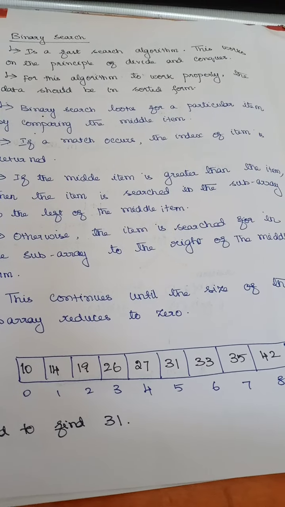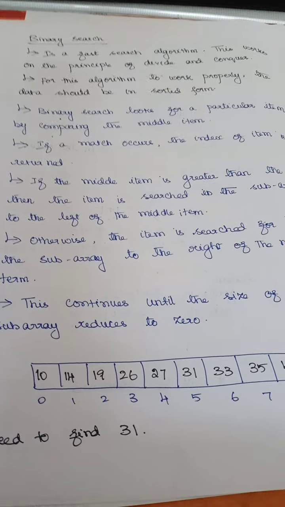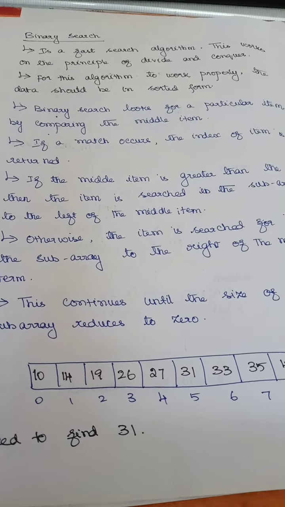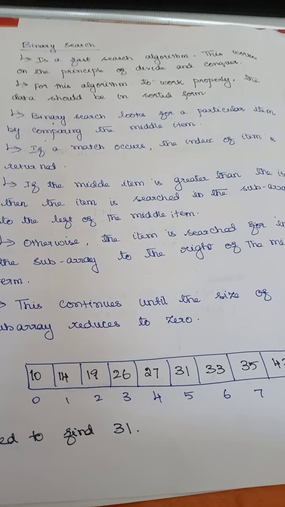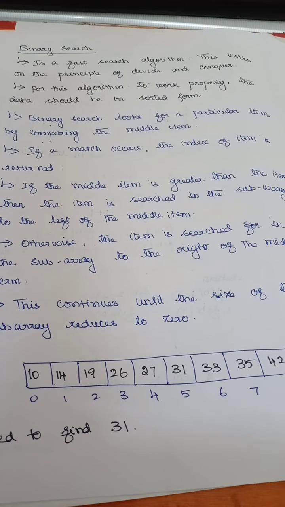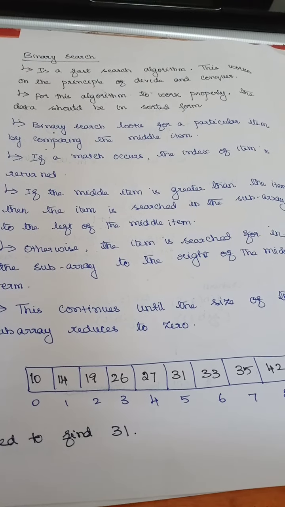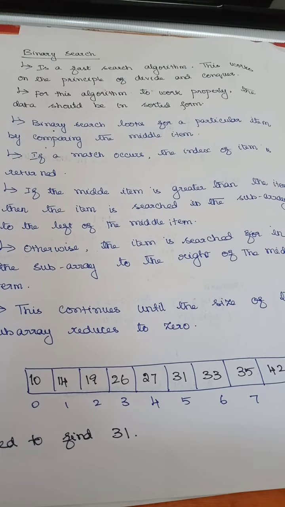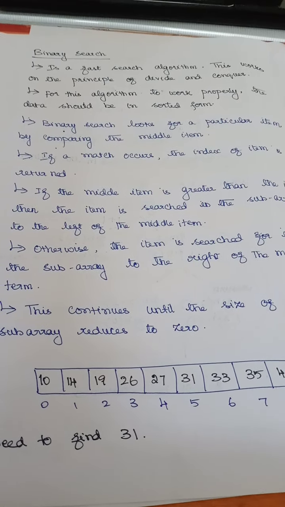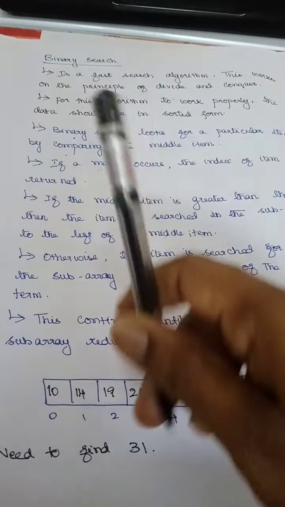So what we are going to do is use a binary search. Binary means I am going to divide the array into 2 halves, and depending upon my element, I will take the middle element. If my element is less than the middle element, then it is present in the lower part of the array. If my element is greater than my middle element, then it is present in the upper part of the array. Right? So that is the main concept of this algorithm.